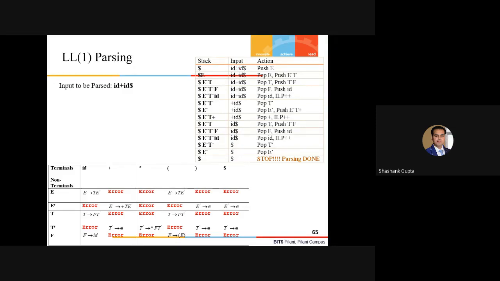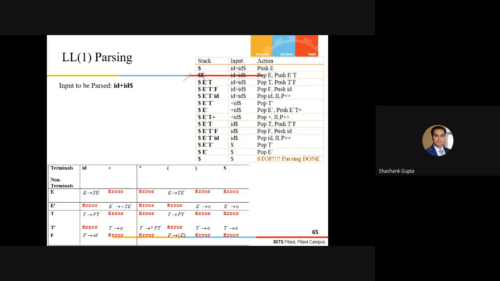The first action I'm going to take by default is to push the start symbol of my grammar, that is E, on the stack here. And my lookahead pointer is still pointing to the first ID.